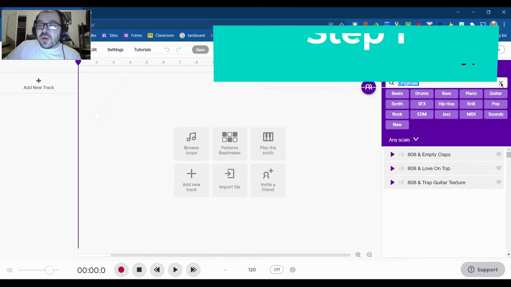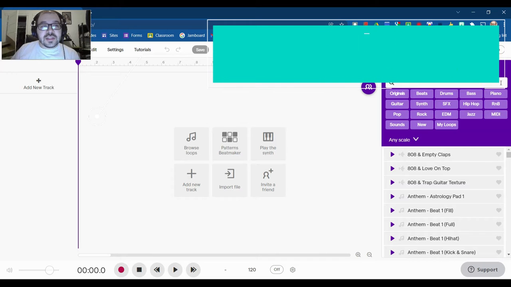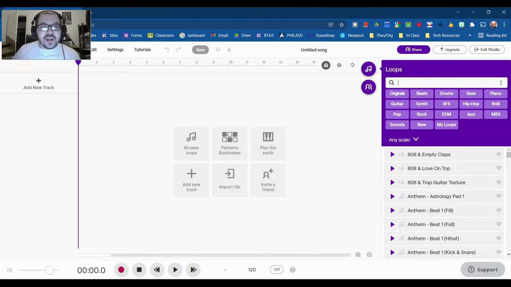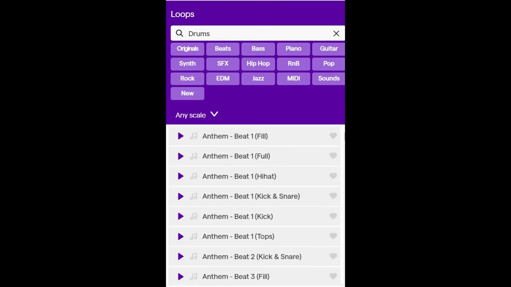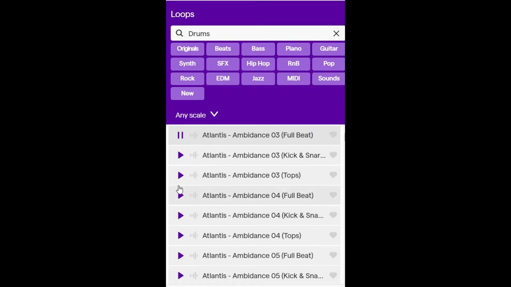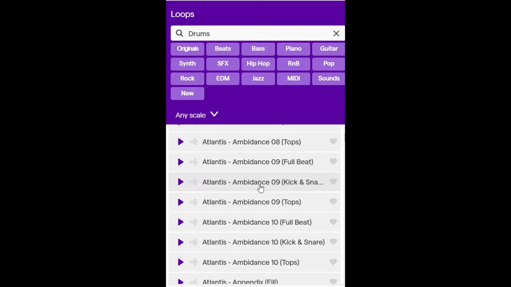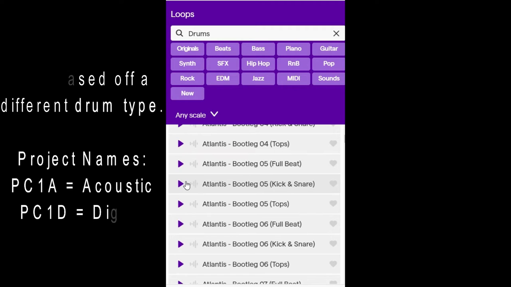So, we've learned a good amount about how to identify different drum styles by ear at this point. Make sure you're listening for clarity, for tone, and for if it has that realistic quality to it. To narrow down your search in the loop library, you can select drums, press the play button to preview. So there's a lot of different styles of drum sounds in here. You're definitely going to find all of the 3 types that we've covered so far. So you can just click through and see if you can identify what type a loop is and use that